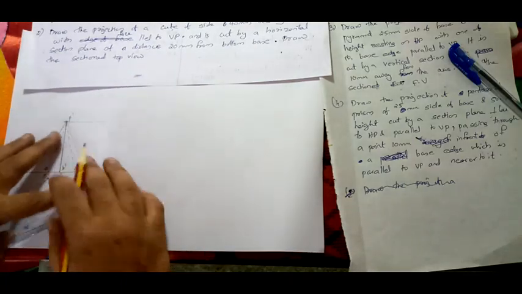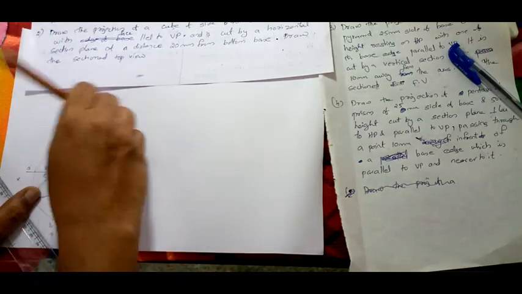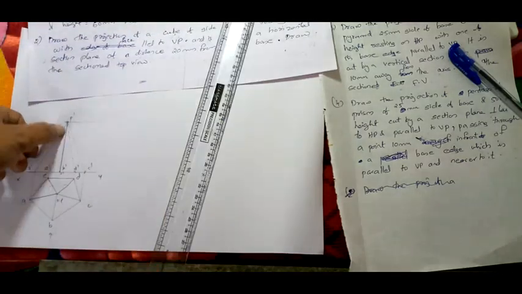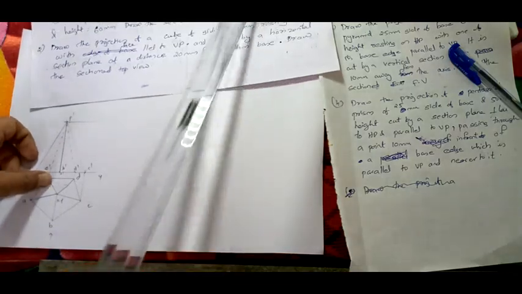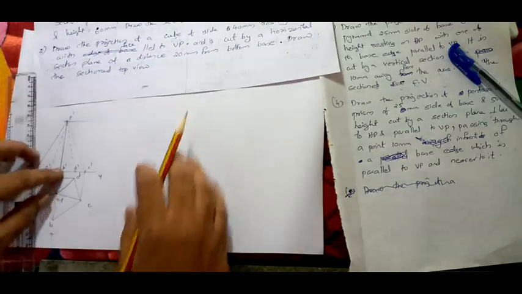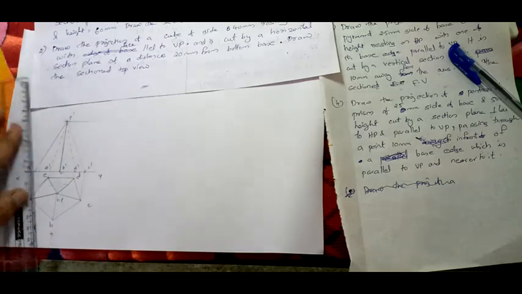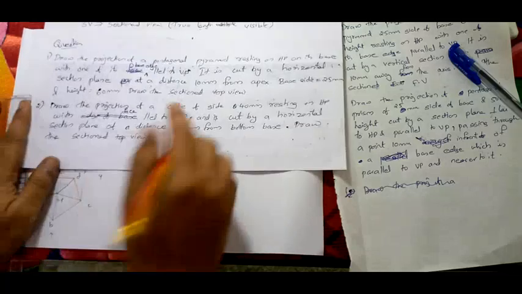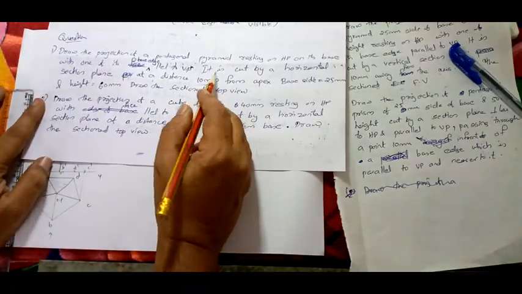Now, I think there is no need to draw this one. On this you have to find. So already you have a perpendicular line here. I am just marking like this. I may not be using it. It will be easy for you to use this line. So this line is a perpendicular line. On that line take 15 mm, sorry, not 15 mm, 10 mm. So this is 10 mm from the apex, and the apex is P dash.